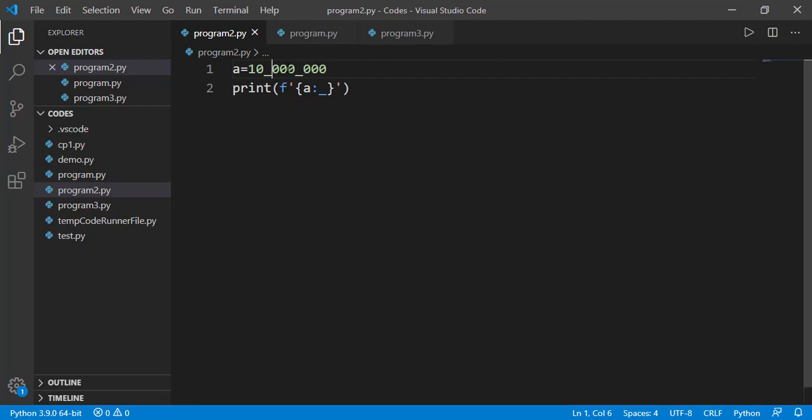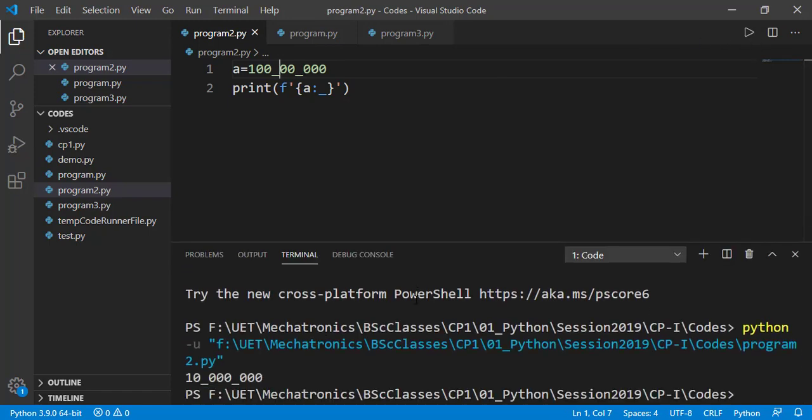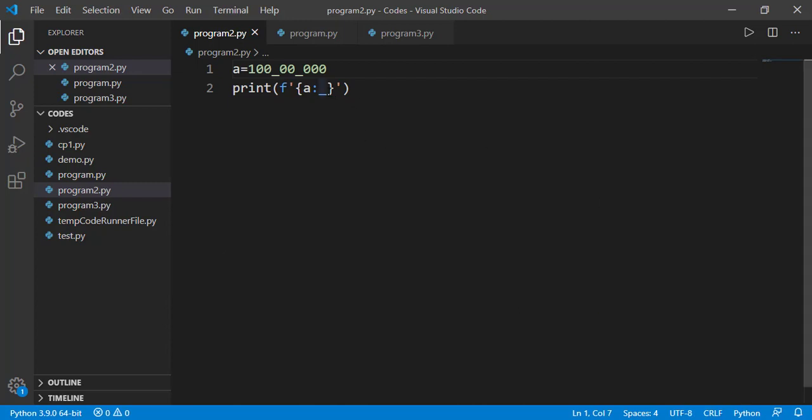Remember, in program we can only use underscore in a number and not the commas. The underscores on line number 1 are not necessary to be placed on the thousands place. We can put those anywhere we want. The output underscores are still at thousands place because of the underscore formatter on line number 2. Basically, the underscores used on line number 1 have nothing to do with the formatter used on line number 2. Over there we can use the comma formatter.